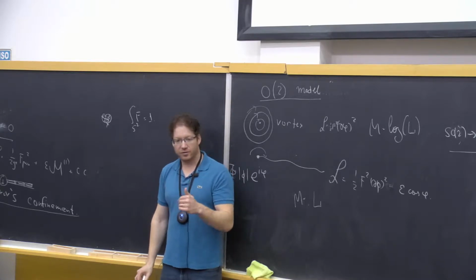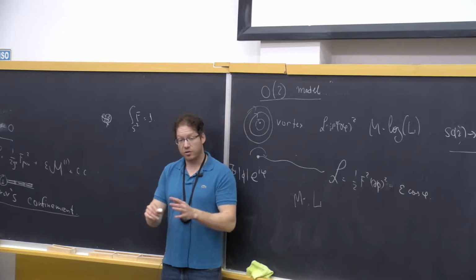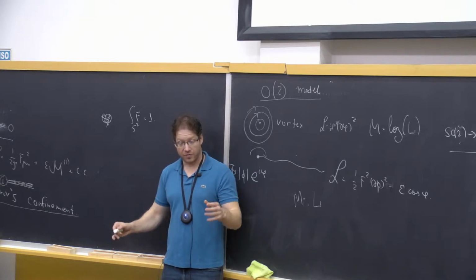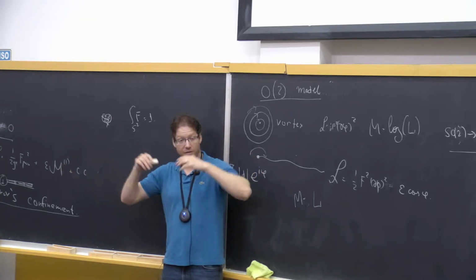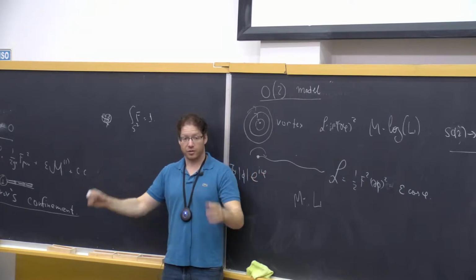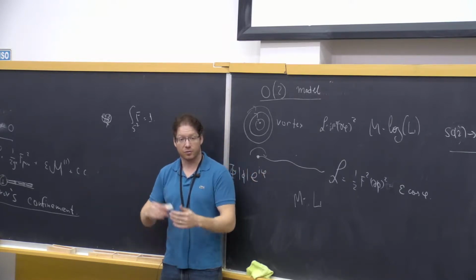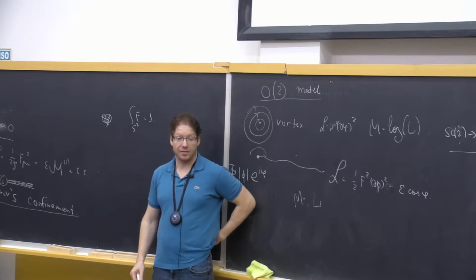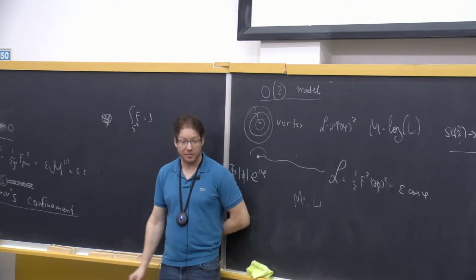And now to show that this is a good local operator, you have to establish lots of properties. You have to show that it has good correlation functions. If you put two such operators, then you get some correlation function. You have to show that it has good operator product expansion, and this has been done sort of by experience, that people have done lots of computations and it works.